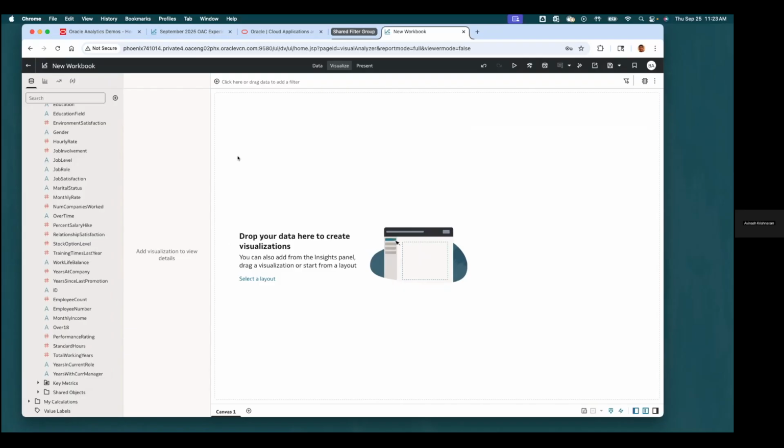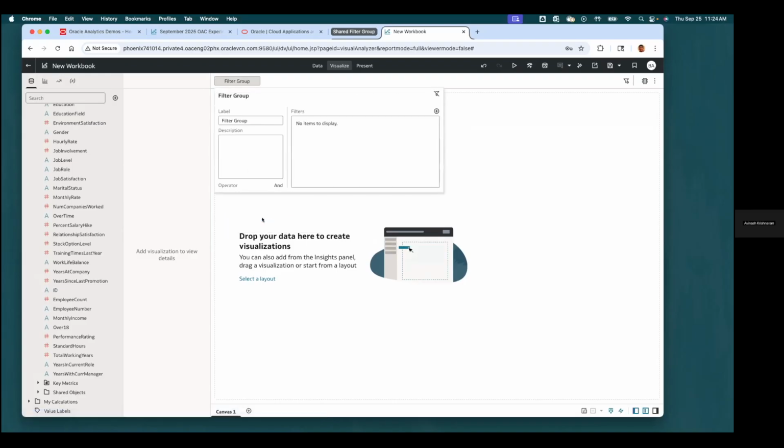And the functionality is in preview, and it's only supported on the top filter bar. And we are adding support to dashboard filters and visualization filters. And when we have all those support added in for this feature, we'll then GA the functionality for all OAC customers, right? Now in preview, when you click on plus icon on the top filter bar, you will see a new option to create a filter group, right?